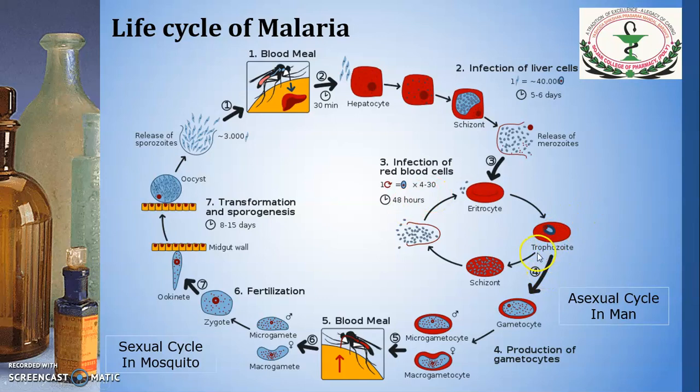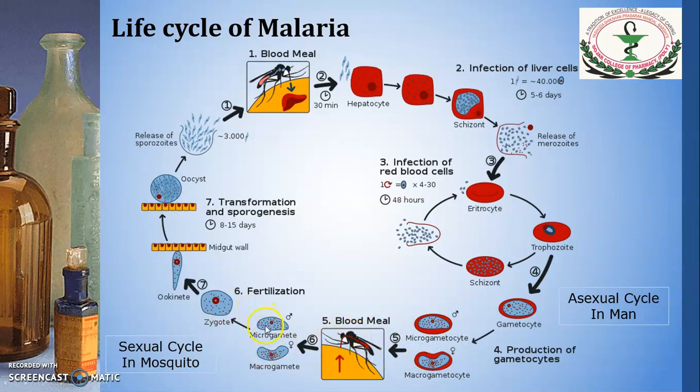The second is, these trophozoites will form the gametocytes, and these gametocytes will convert into microgametocyte, that is the male gametocyte, and macrogametocyte, which is the female gametocyte. Now these gametocytes are freely flowing in our blood. Now if a female Anopheles mosquito bites that patient who has this free flow of gametocytes in blood, during biting it will suck these gametocytes and take them into the mosquito.